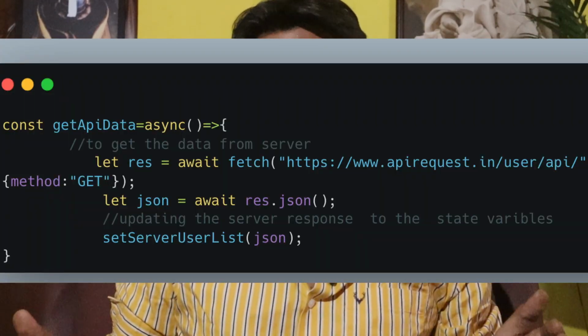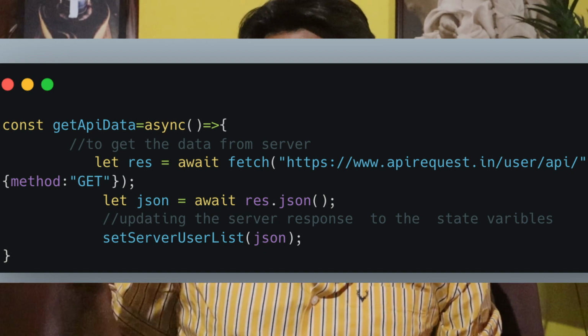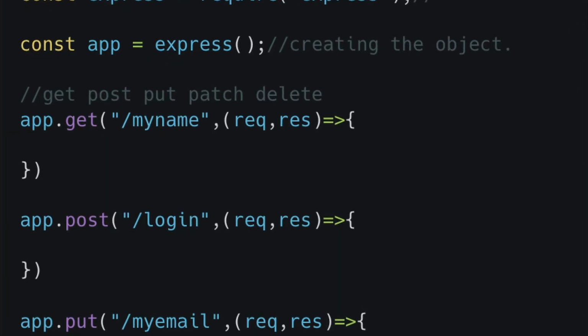This is the final step in order to connect Express with our React. So once we are done, try to send the request, check whether the request is passing to Node and Express and reaching MongoDB, and get the data, read the data, update the data,